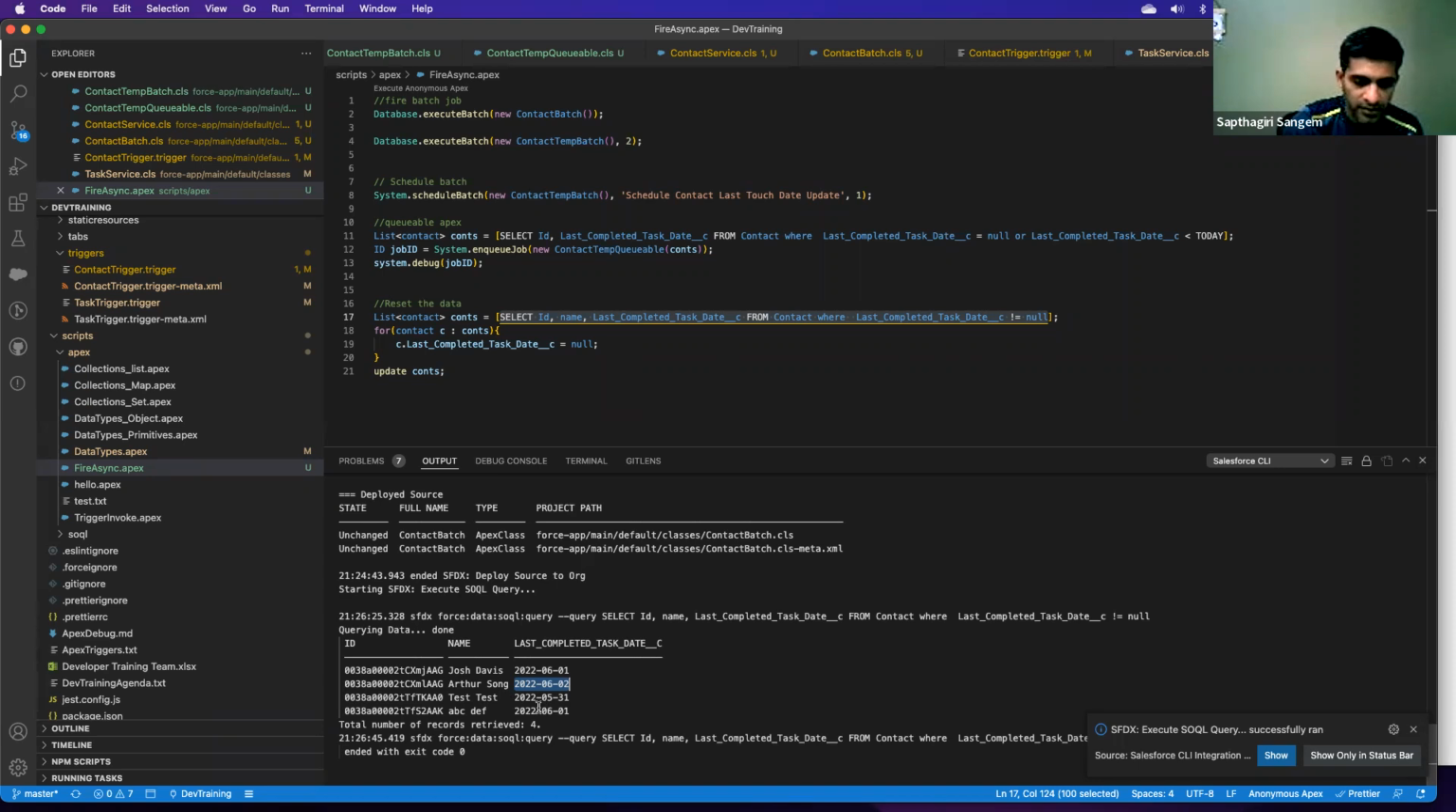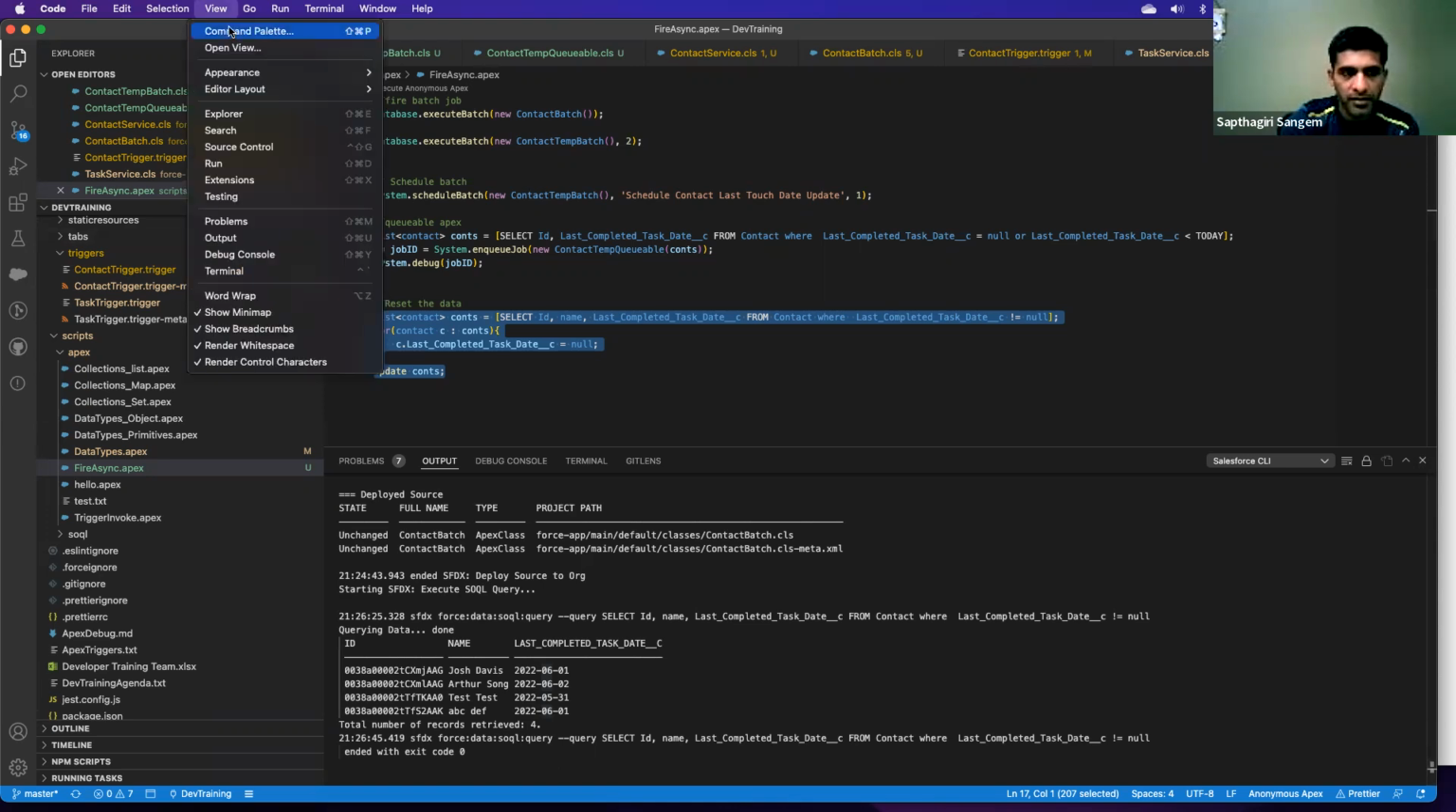Let's clear these values, and then we run the batch, and the batch will take care of updating them again. I wrote a simple script for that. All we are doing is selecting all the contacts that have a last completed date with some value, potentially these three, and I'm setting this to null. That way we can reuse the same contacts and same tasks that we already have in the system. And when we run the batch, it has to set these dates again. That's the expectation. Instead of creating the data,